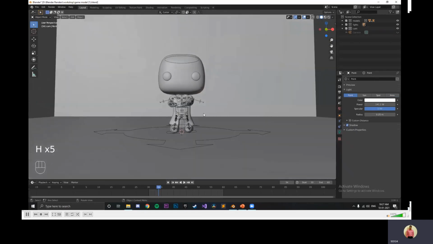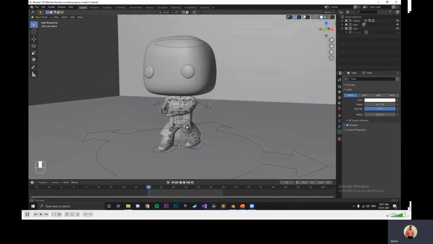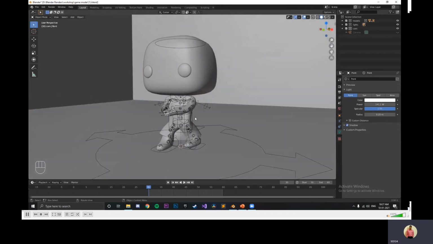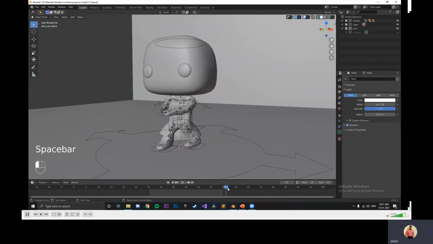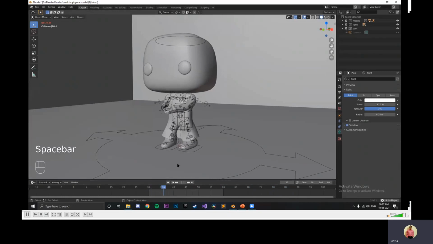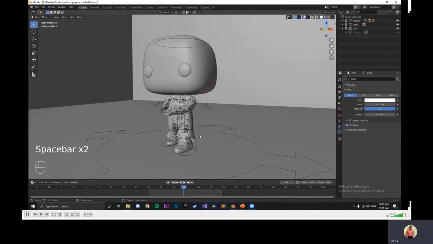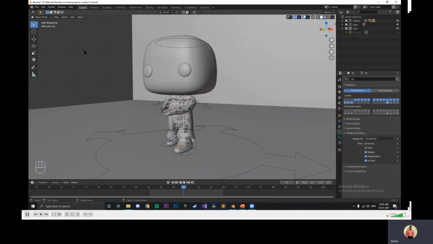Okay, so now this is a model. I have previously animated this to go in a walk cycle and an idle stance. So this is the walk cycle, and over here somewhere is the idle stance. Okay, so right now I'll be teaching you the first basic shortcuts. Blender is a very complicated software to learn at first, but it is very easy to understand once you understand what keys you have to press in what order.